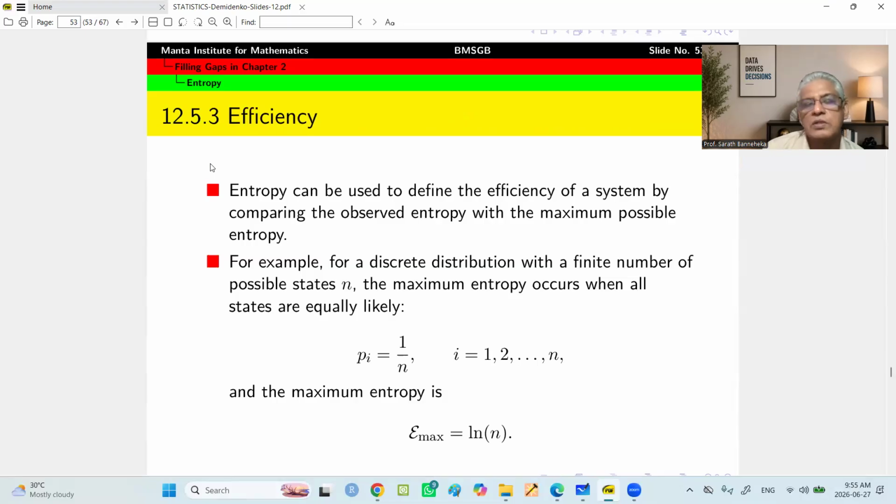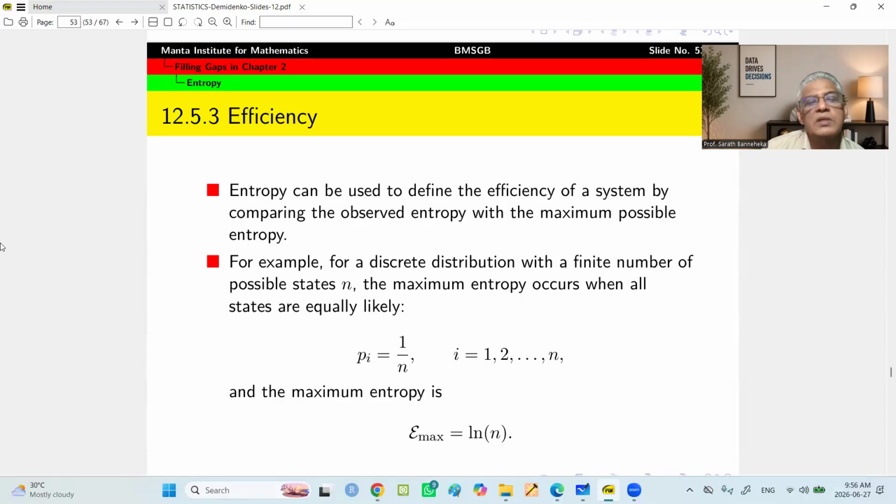For a given situation, there will be a value for the entropy, but from system to system, the maximum entropy will be different depending on n, in the discrete case. Therefore, it is better to look at the relative entropy relative to the maximum. So usually we define the efficiency of a system